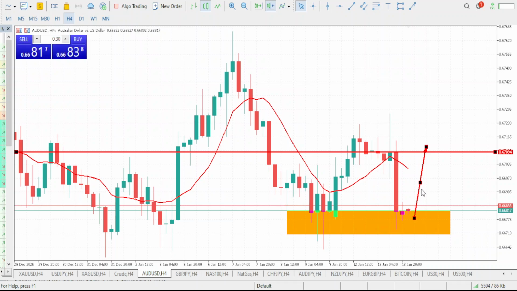But if there will be any changes to this prediction that we did, or if markets move in a way that we did not expect, I will give you guys an update and tell you what you should be expecting next. And if it also moves according to our prediction, I'm also going to give you guys an update and tell you what we expect next.